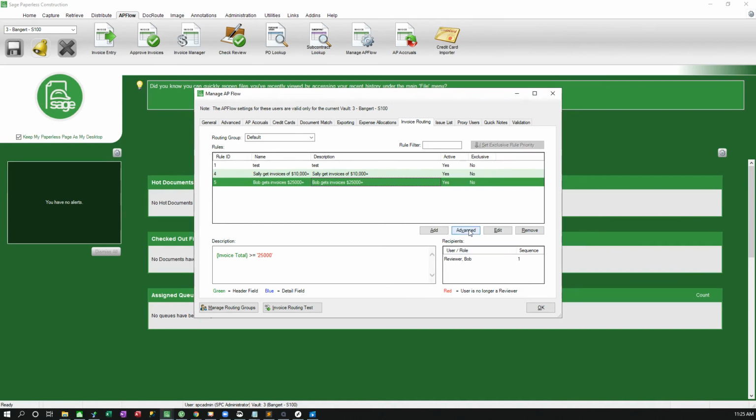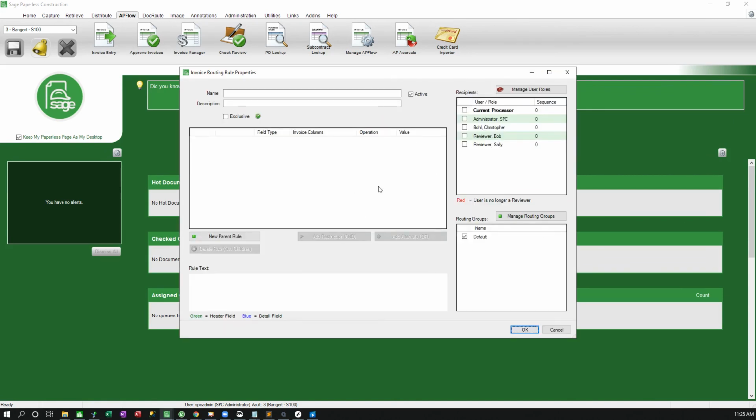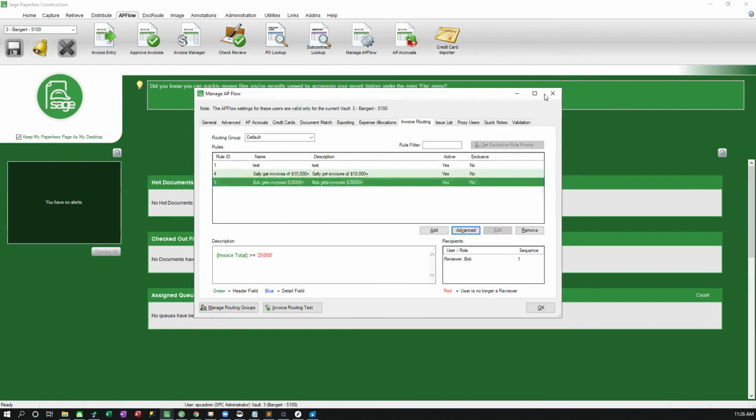There's also the Advanced tab, which allows you to create a much more detailed rule. That's something we'll get into in another video, but it is definitely there and is far more capable than the simple rule add. You can get very specific with your rules, so look forward to that video coming soon, where we can go into how you can say, based on a specific job and a specific cost code, but not a specific vendor, send the invoice to the appropriate reviewer.